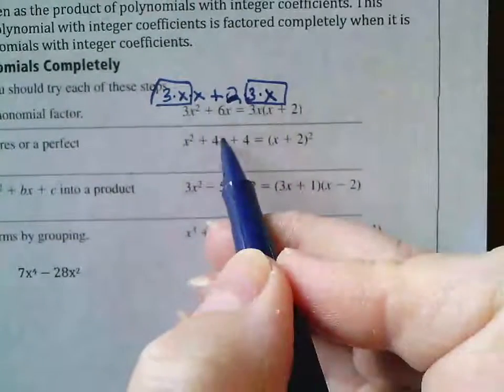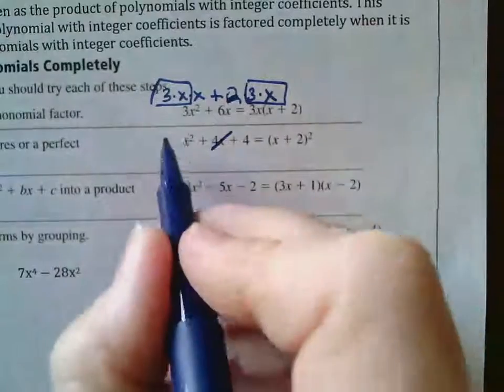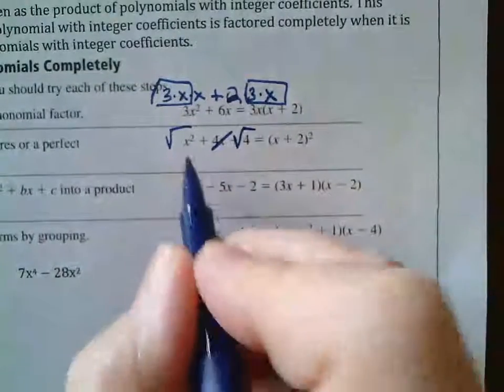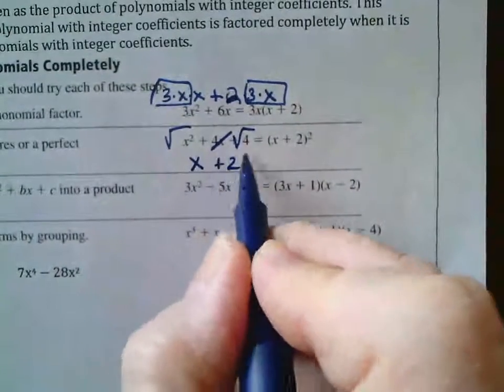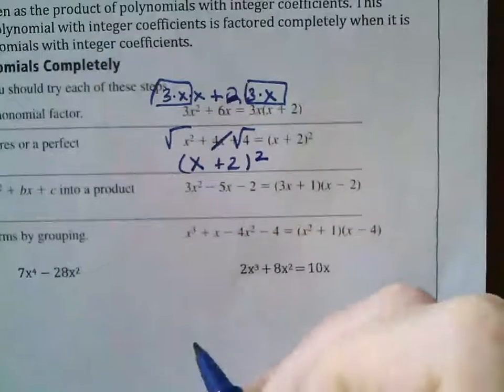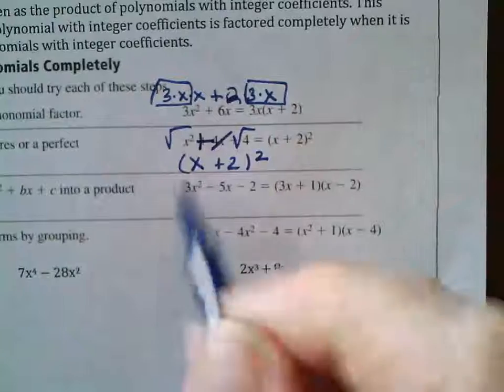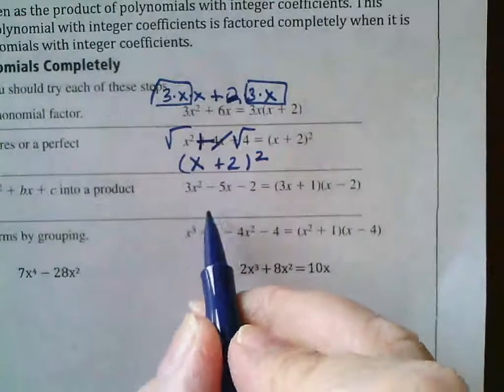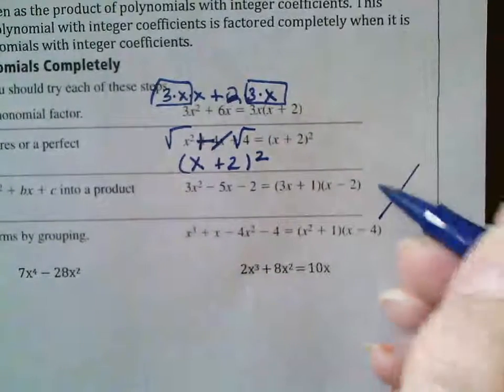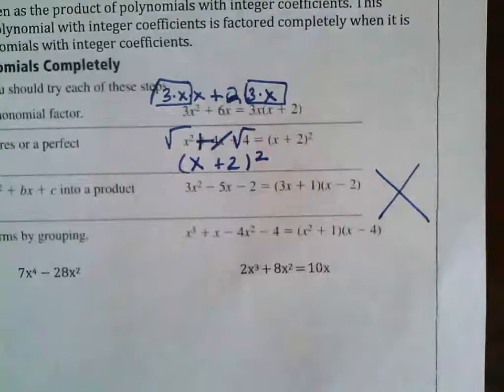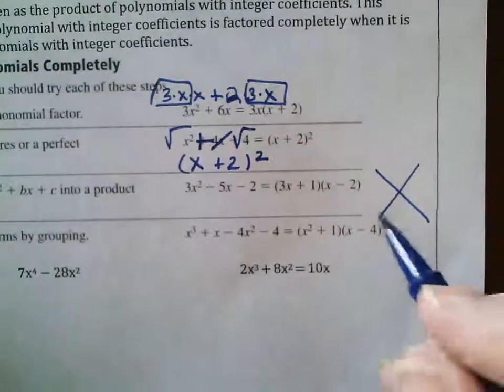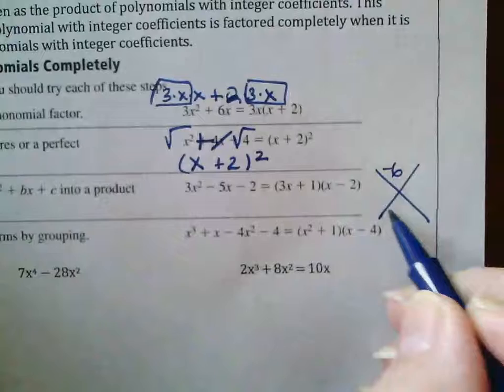And then we did the one where we ignore this, and we take the square root, and we take the square root. So we get x plus 2 and square it. This is a plus because it's a plus right here. And then this right here, we're actually going to need to use our little method that I taught you. And you're going to get -6, -5,